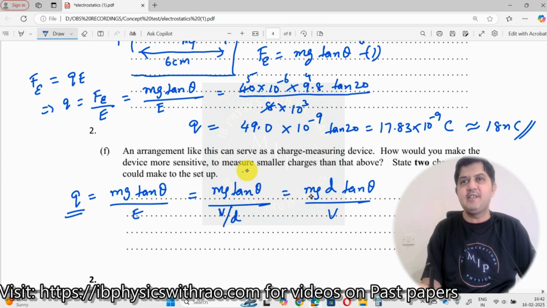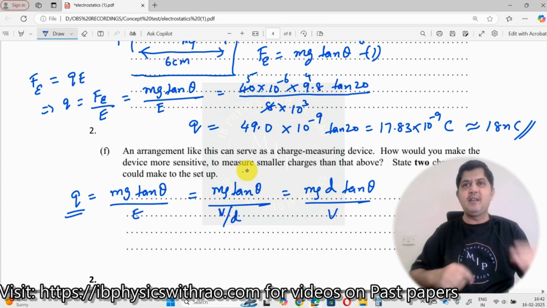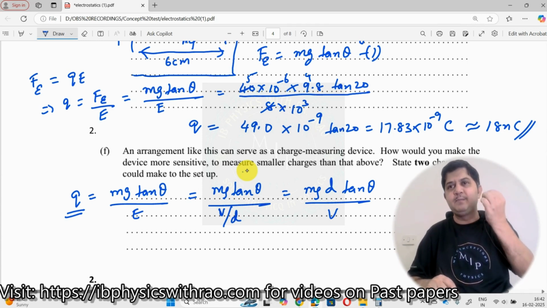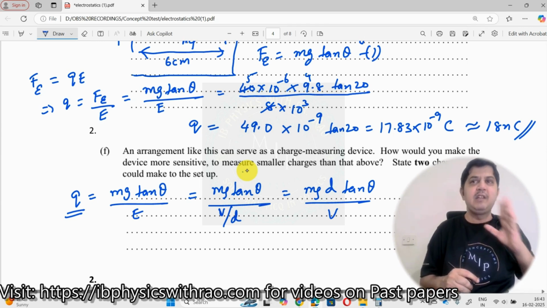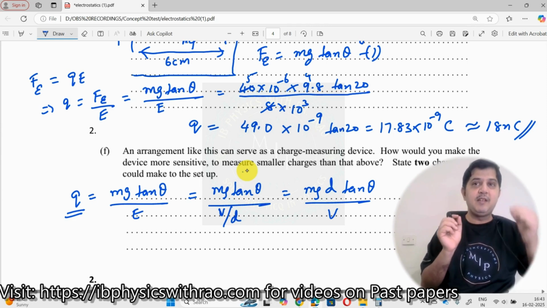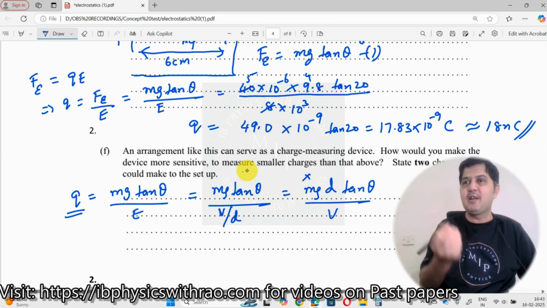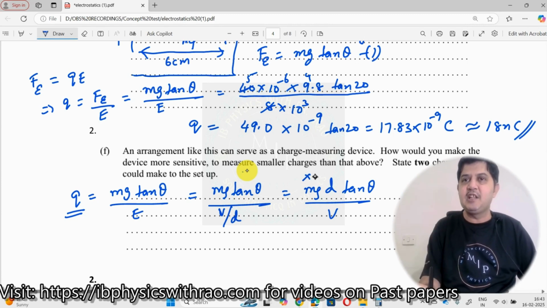Can m be decreased? m cannot be decreased. m is already very, very small, 40 milligrams. 1 gram would be something like a tiny speck. Don't look at the number 40, it is about the milli over there. It's 1 gram versus 40 milligrams, so definitely it is much, much smaller. So I cannot reduce this value. I am going to conduct this experiment on Earth, so g cannot be changed.